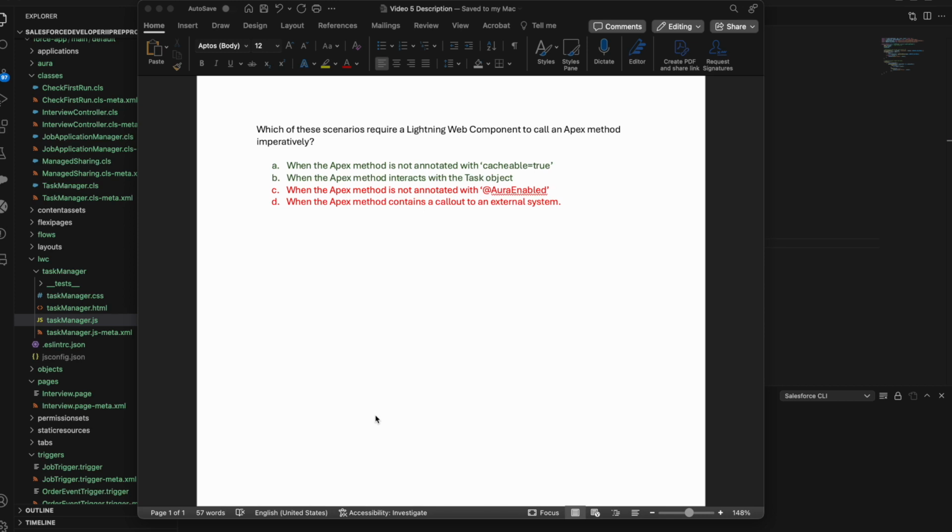So here are the options. When the Apex method is not annotated with cacheable equals true. So I guess if it's called imperatively, then they can't cache the data. And then when the Apex method interacts with the task object. So there's some limitations when dealing with the task object. So I did decide to create an Apex method where it's not annotated with cacheable equals true, and it interacts with the task object. The other ones,